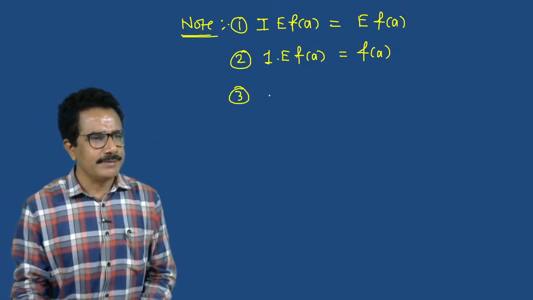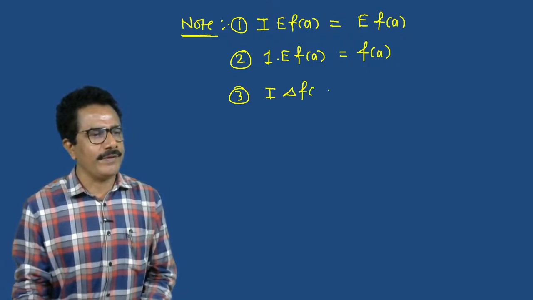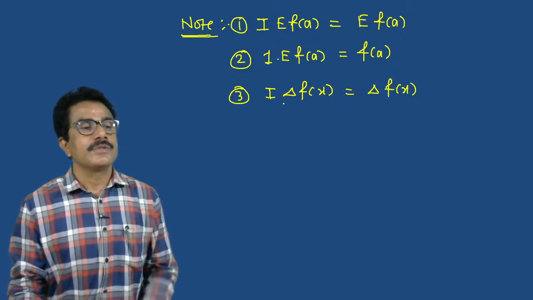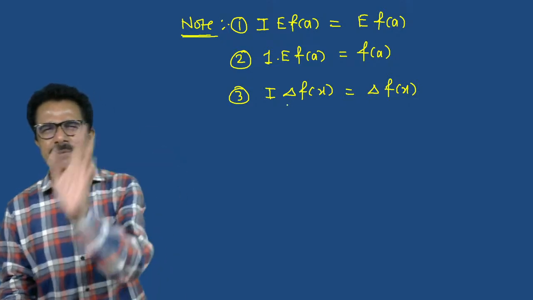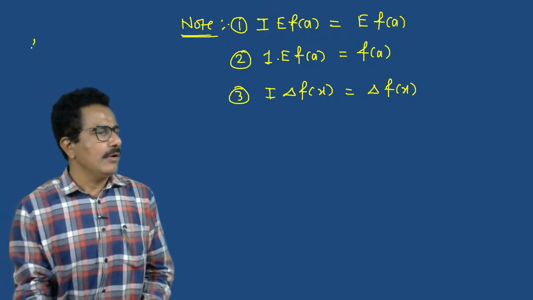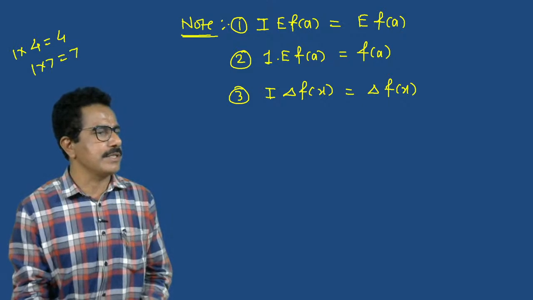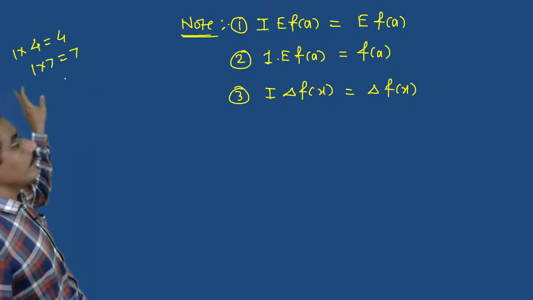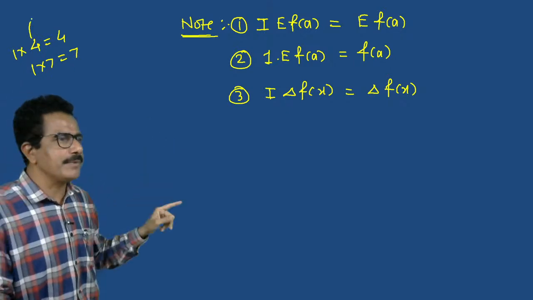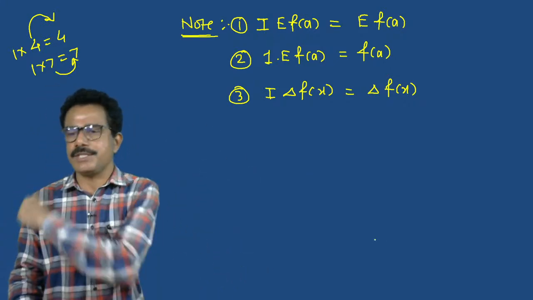Also we can write I of delta f of x, then we can write delta f of x. So I is called unity operator, means keep this function as it is. Just like why 1 is called unity, 1 into 4 which is 4, 1 into 7 which is 7. So we can say that 1 is unity, means it keeps the function as it is. In this way, in the operator system, this is in the number system,